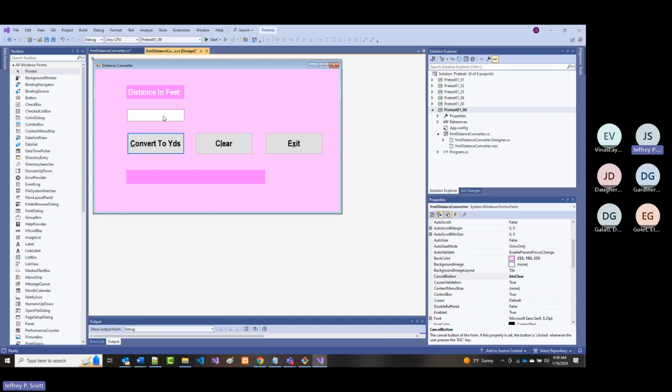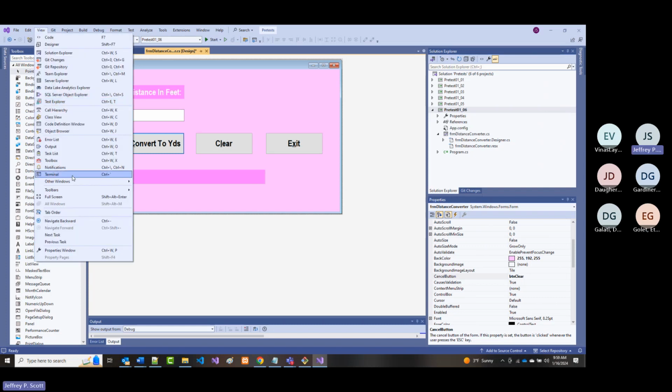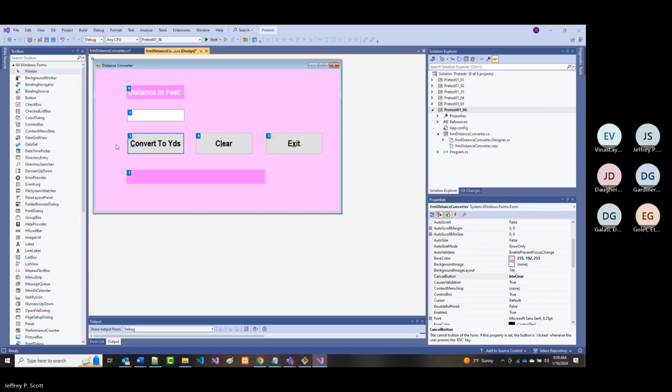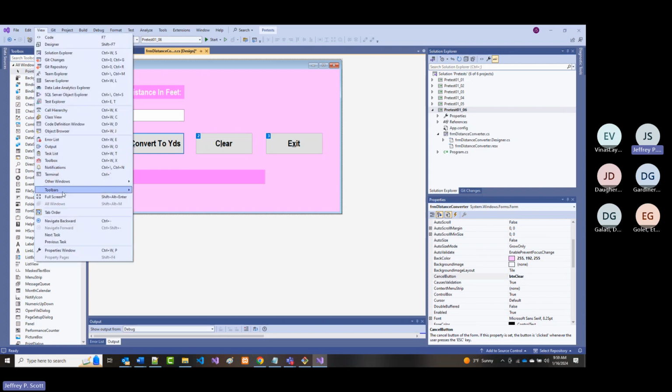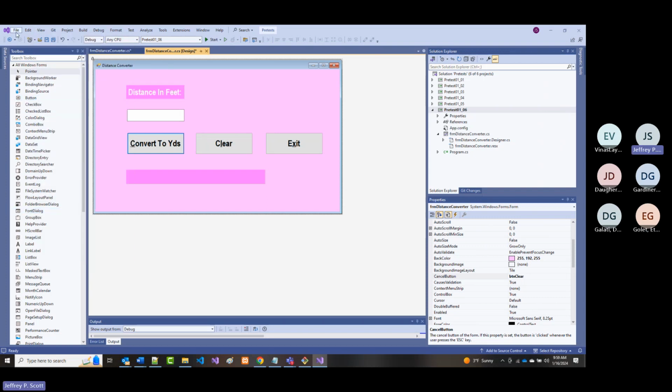Tab order will be 0, 1, 2, 3, 4, 5. All right, so view tab order 0, 1, 2, 3, 4, 5. Do another view tab order to make the numbers go away and do one more file, save all, and then